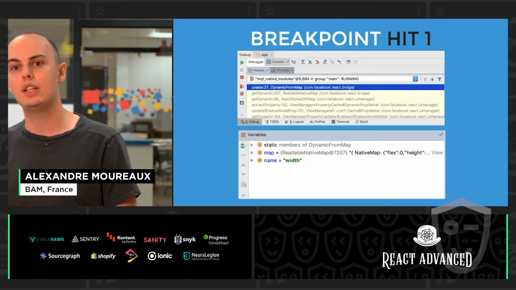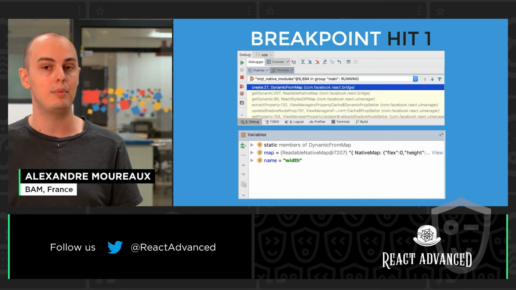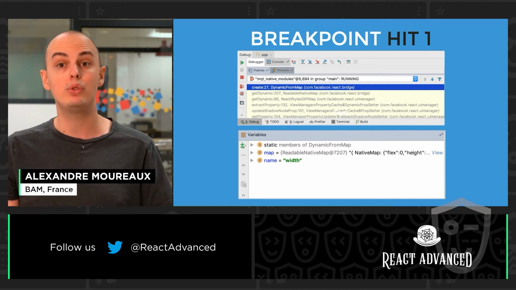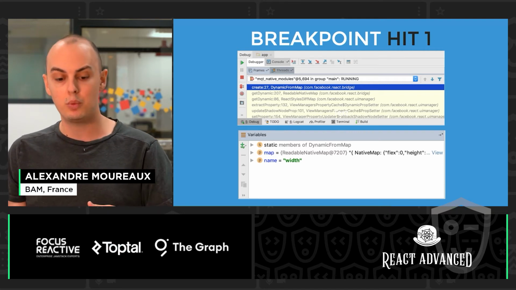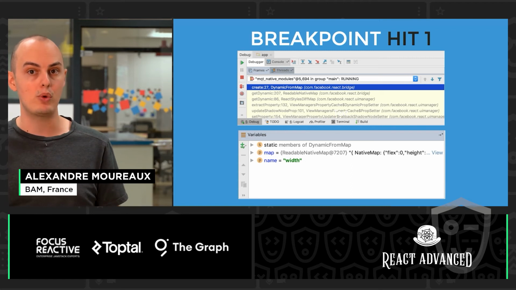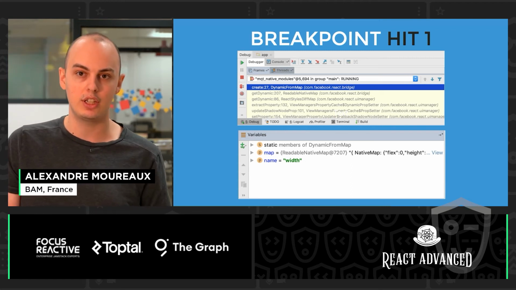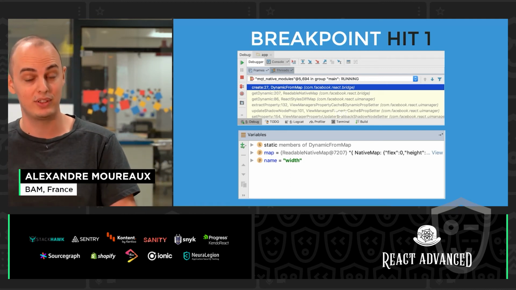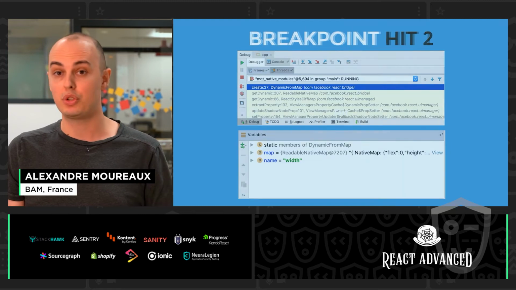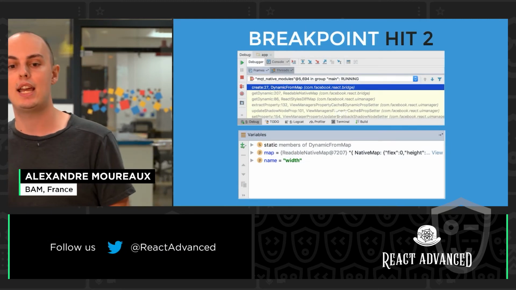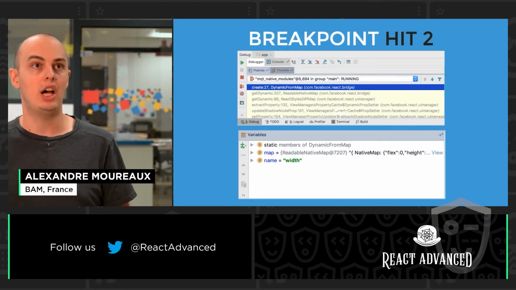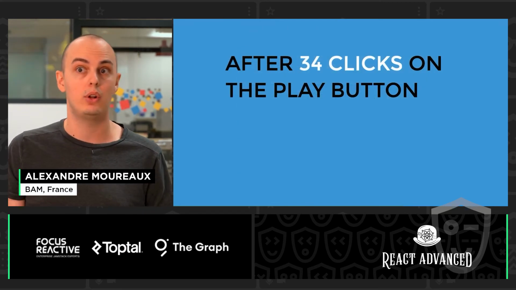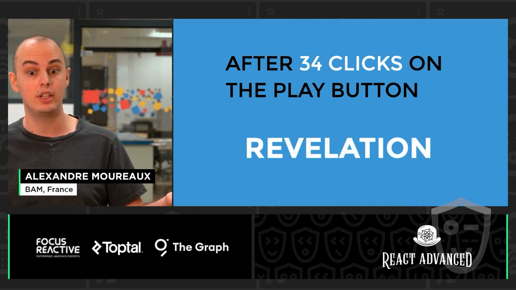It's telling me that DynamicFromMap is used by React Native to store component style properties. So here we're updating the width of a certain component. You can imagine that this is going to happen a lot, because every time we modify a style, we hit the breakpoint. Breakpoint hit 2 was kind of similar. And I clicked 34 times on the play button and had similar results, but oh, actually, revelation at the 34th click,